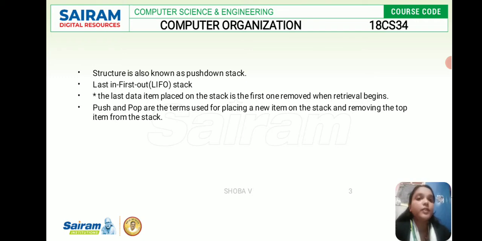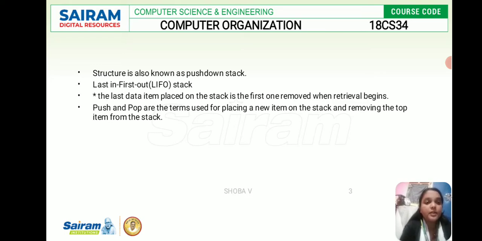As we discussed previously, in a register stack, the stack can be arranged as a set of memory words or registers. Consider a 64-word register stack. The stack pointer register contains a binary number which is the address of the element present at the top of the stack. Here the three elements A, B and C are located in the stack. The element C is at the top of the stack, and the stack pointer holds the address of C, that is 3.